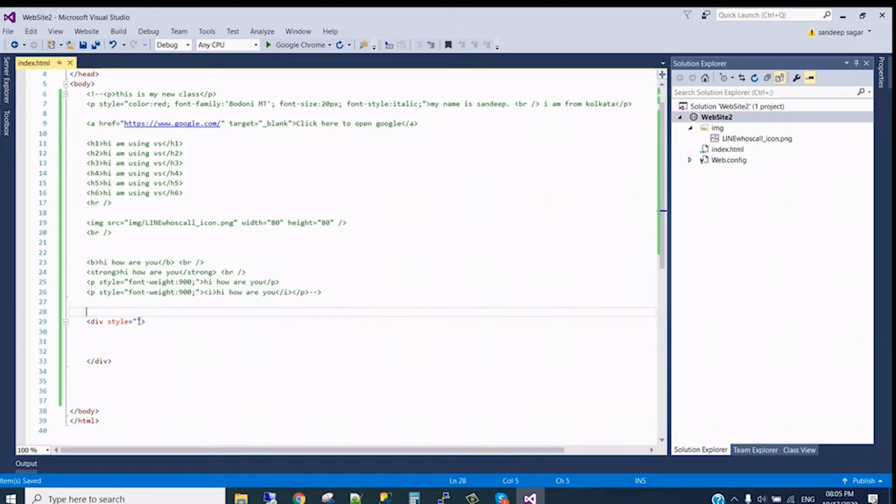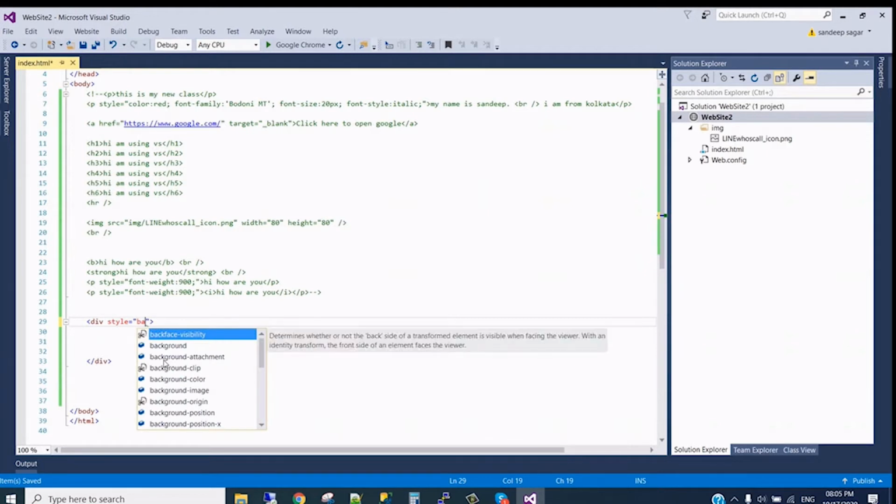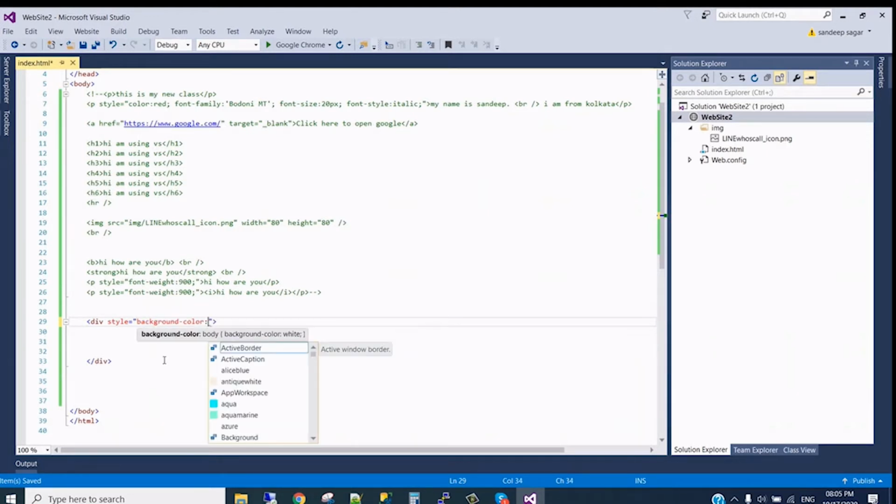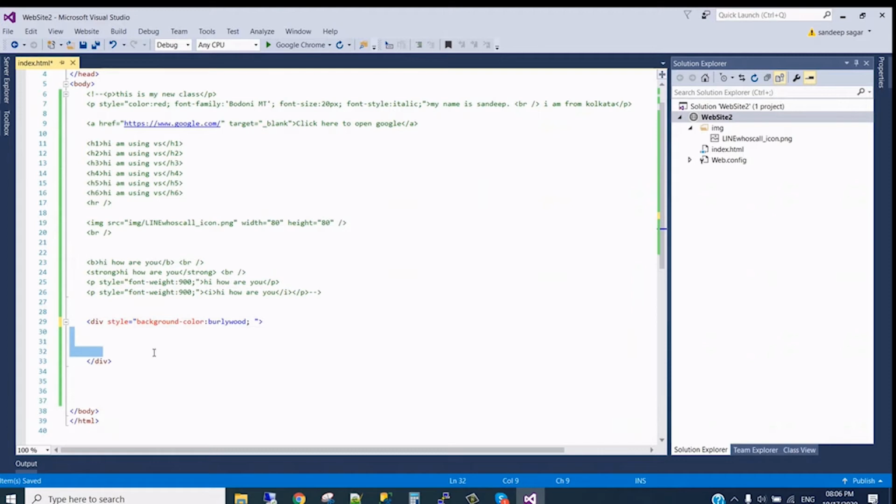In that case we give a background color. Anything we can give, let me make it this color. We also need to give at least a height, like what will be the minimum or maximum height of the website. If we write content, it will automatically enlarge according to the width and height, but we can still give a width and height of our own.